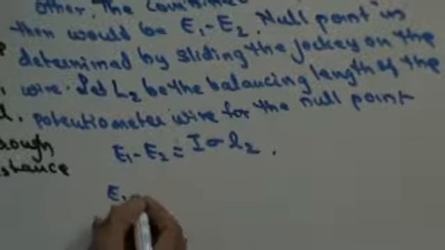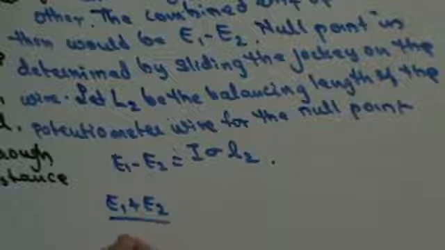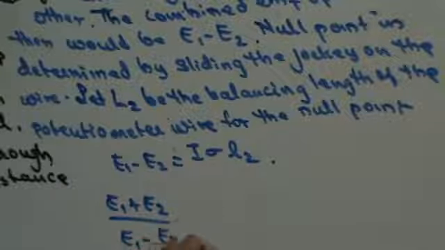Now if I divide the two equations, I'll get E1 plus E2 upon E1 minus E2 is